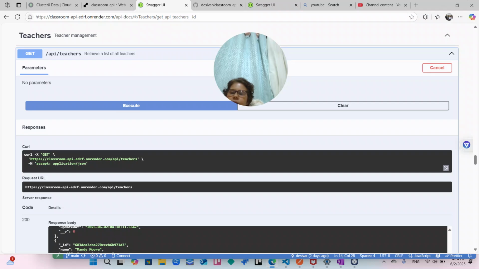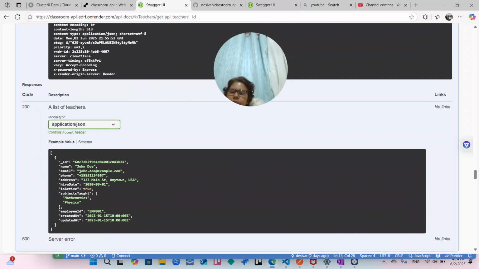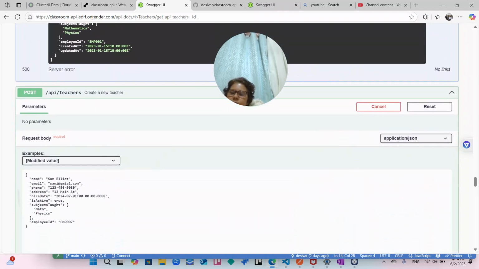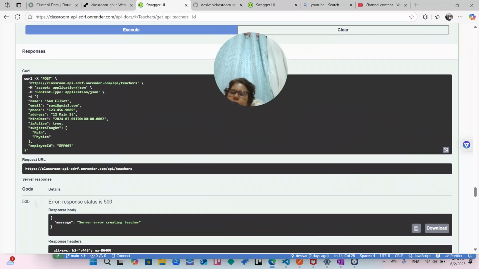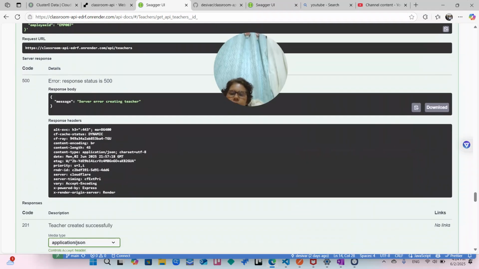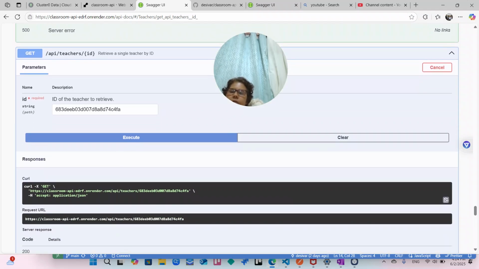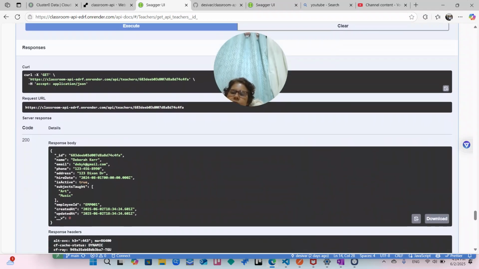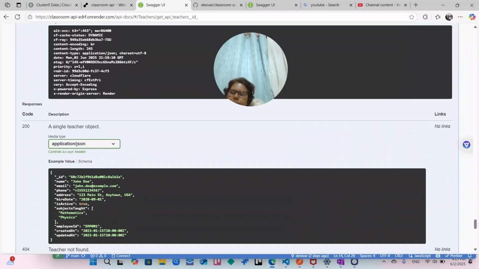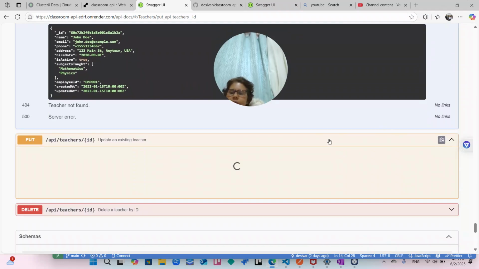Now I will show you the teachers. You can see all the teachers here, and I can modify some code. You can see some here. Okay, so it's perfect. Get the API teacher. You can see Barbara because that's the ID. And API teacher ID, for example,